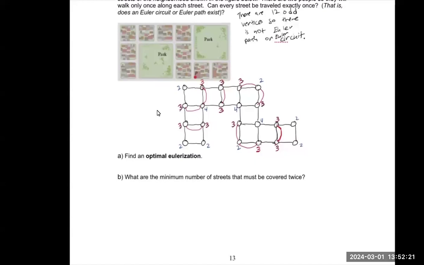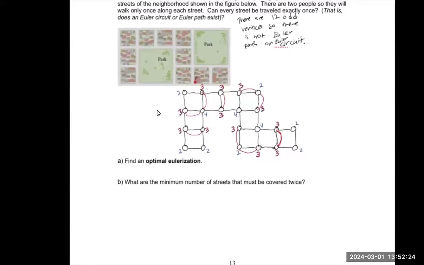So we had a total of 12 odd vertices. If I just used 1 edge to connect all those 12, that means 12 divided by 2, for every pair of odd vertices I'm going to need one edge. So 12 divided by 2 is 6. So the least, let me write that, the total number of odd vertices, which was 12, divided by 2, because for every 2, I need at least one edge. So that means a minimum of 6 edges has to be added